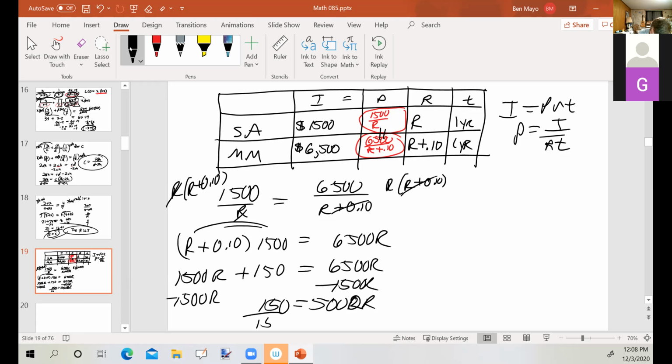Divide both sides. Hang on here. Come on, eraser. Don't fail me now. Okay, so we've got